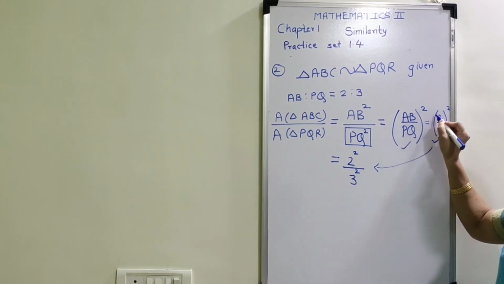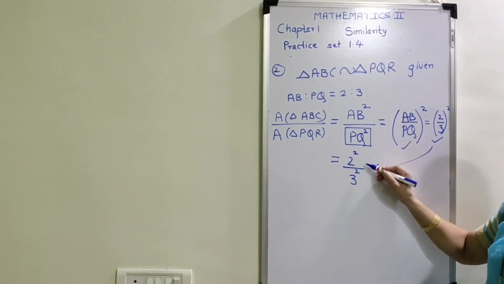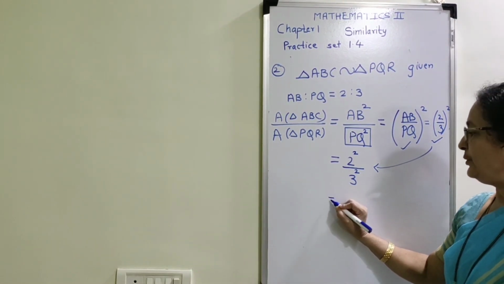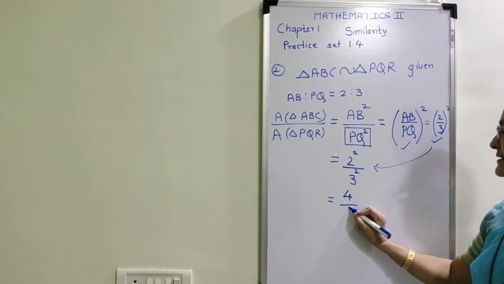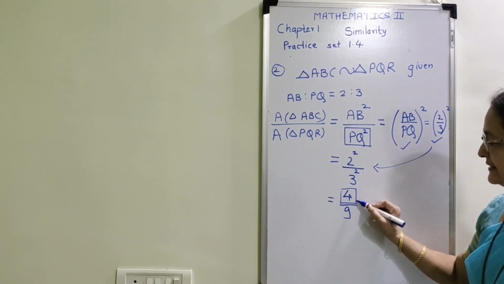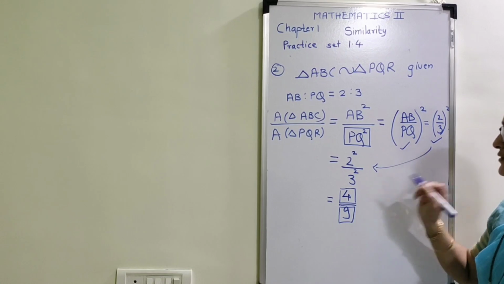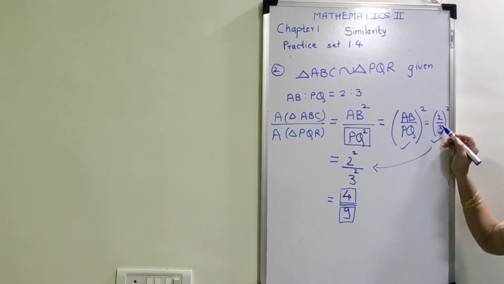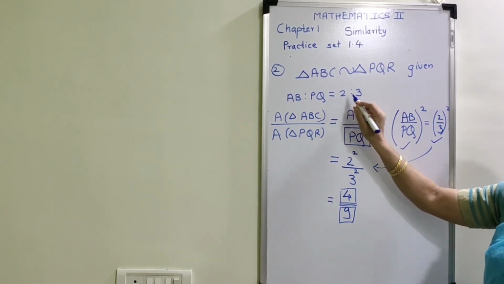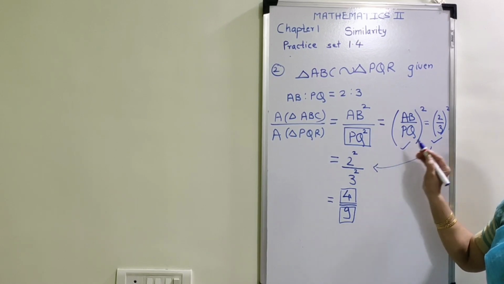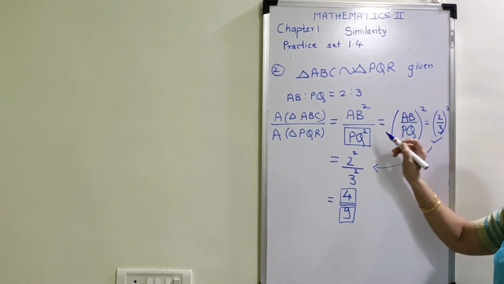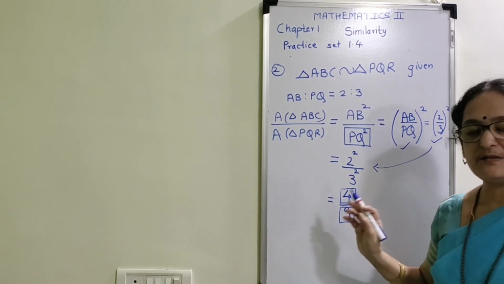That means they have eliminated these two steps and directly given the third step, that is 2 square upon 3 square, and we know that 2 square is 4 and 3 square is 9, and therefore your final answer of filling the blanks, that is 4:9, is your final answer. But here also in this example, please remember that 2 and 3 are not the actual values of AB and PQ. It is the ratio of AB upon PQ, and therefore please remember these two middle steps. No need to write in the exam, but you have to remember these two steps.